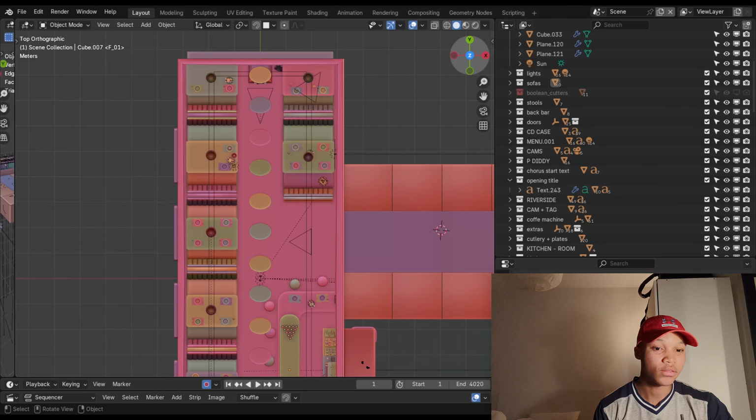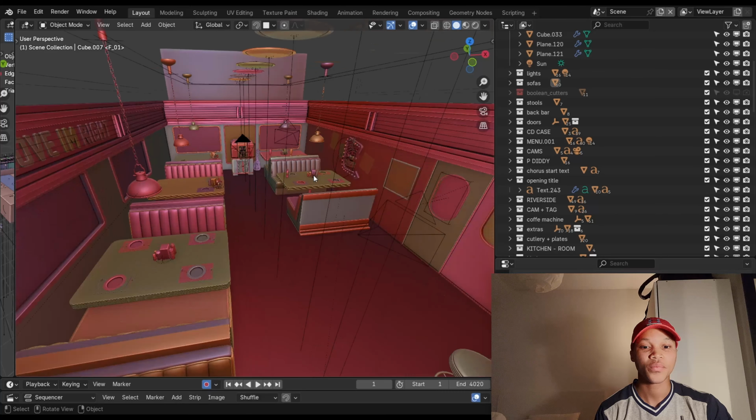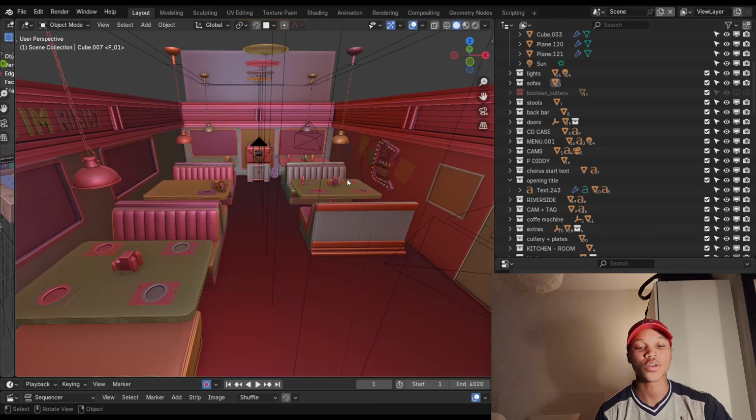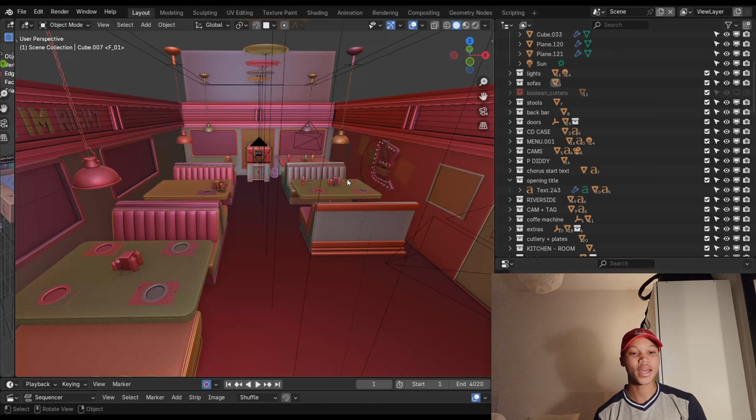One thing I wish I would have understood sooner is that you just have to take it step by step, because if you try to fill out your scene with all the props at the same time, it's gonna be really messy and you're not gonna be able to control it, especially for people like me who have a really bad laptop. So after getting the base done, I put the main models that I need: the CD, the jukebox, the sign, the mannequins, the camera, the menu, all that. I model that, I scatter them around wherever they need to be, and then I start animating, but with nothing around.